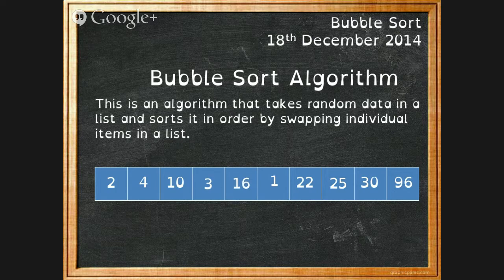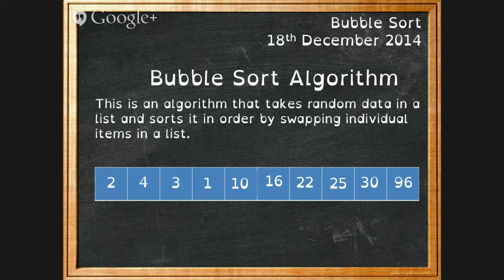So 3 and 16 have been swapped over, 16 and 1 need to be swapped over, but now we've got 16, 22, 25, 30 and 96, which are all in order, so we can ignore them until we get to the end of the array. We move back again to the beginning of the array again, 2 and 4, 4 and 10, there we go, 10 and 3, swap them over, 10 and 1, swap them over, 10, 16, 22, 25, 30, 96, they're all